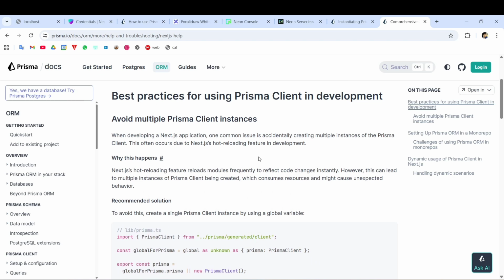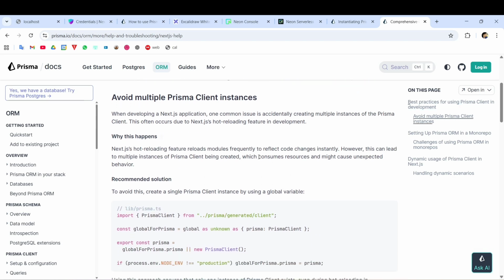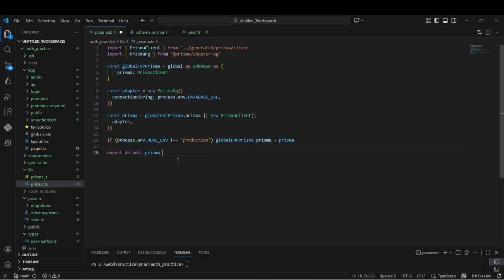To avoid multiple Prisma client instances while hot reloading. In this code, I am saying that while doing development, don't create more than one instance. If it's production, then you can do more than one instance. After that, we have also added